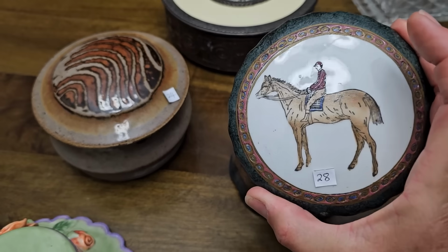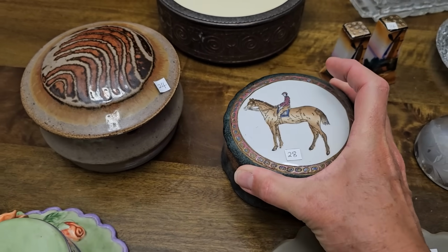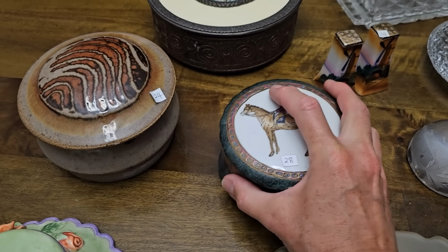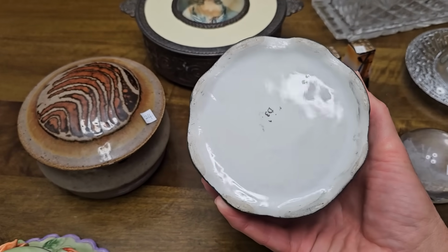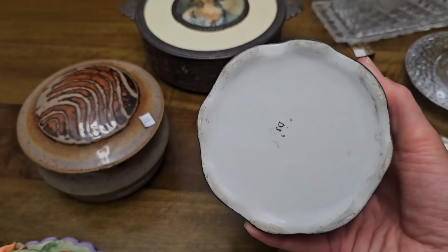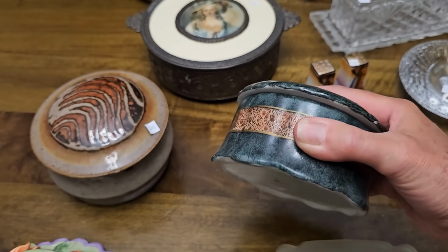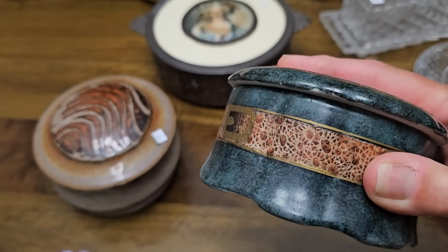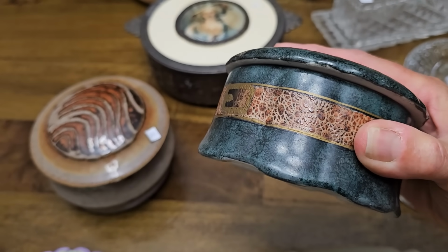I think this piece has to be my favorite. It's a hand-painted horse. It looks very Japanese to me. These pieces can definitely do with a good wash. They were sitting out in the dust while Broadacres was closed for a whole month, so we were so happy to be able to go back and support the vendors. The detail is amazing on this. I love the green. It looks like stone,